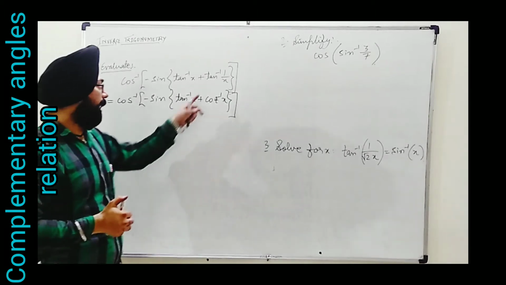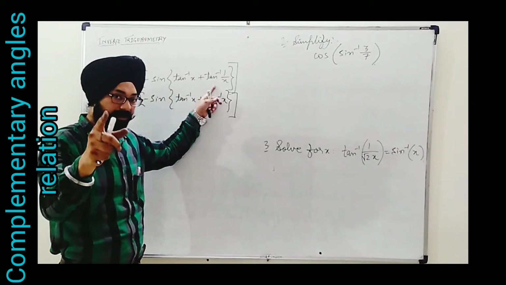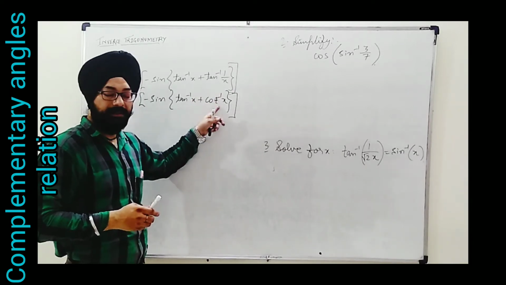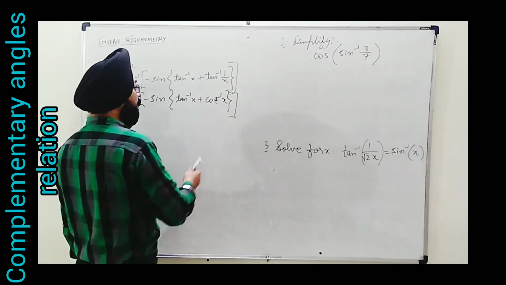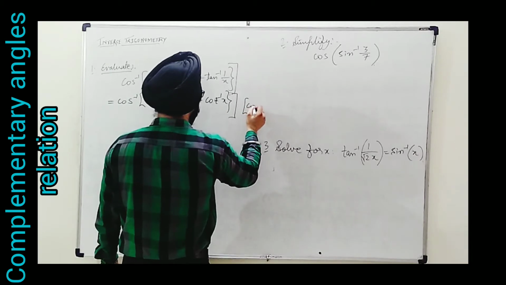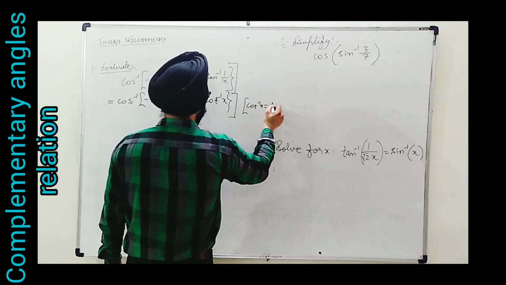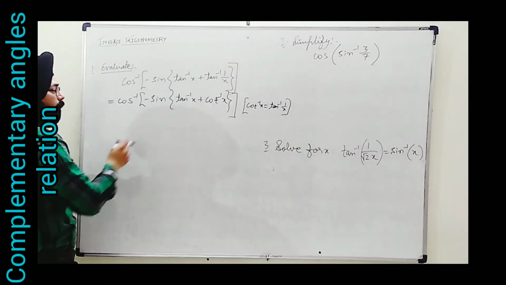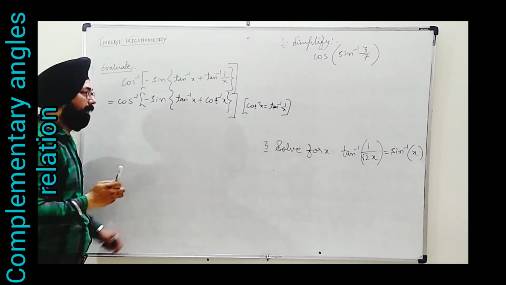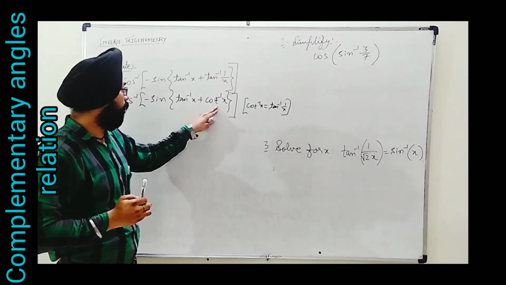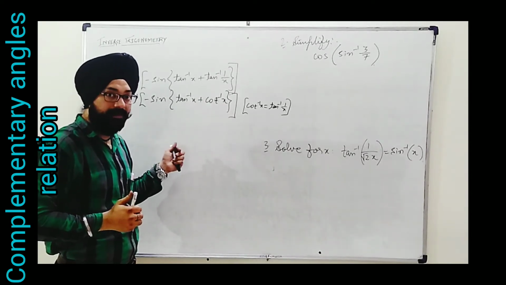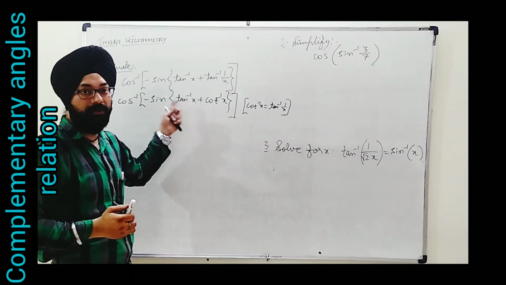As we know, tan inverse 1 by x, by reciprocal relation, you can see the list. We can write tan inverse 1 by x is equal to cot inverse x, and in bracket you can put the reason also. Next, as soon as we come to this step, we find that this is tan inverse x plus cot inverse x. So we have recently seen this complementary angle relation. This sum will be surely pi by 2.